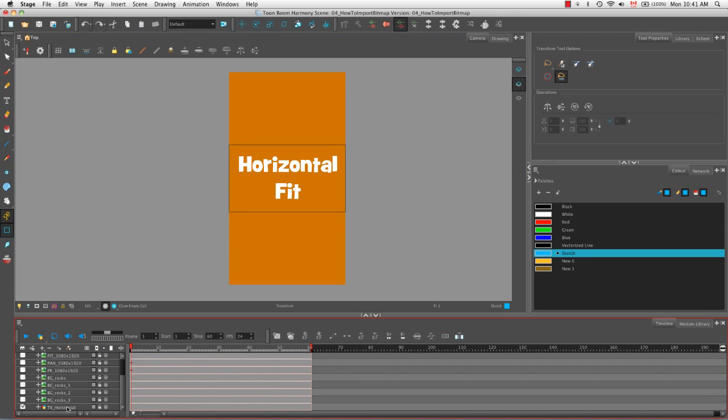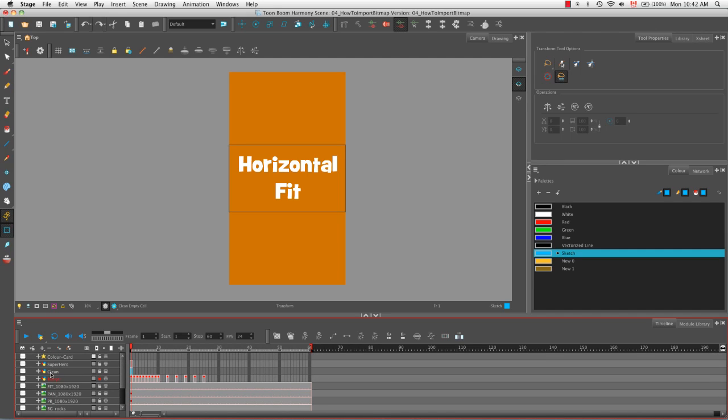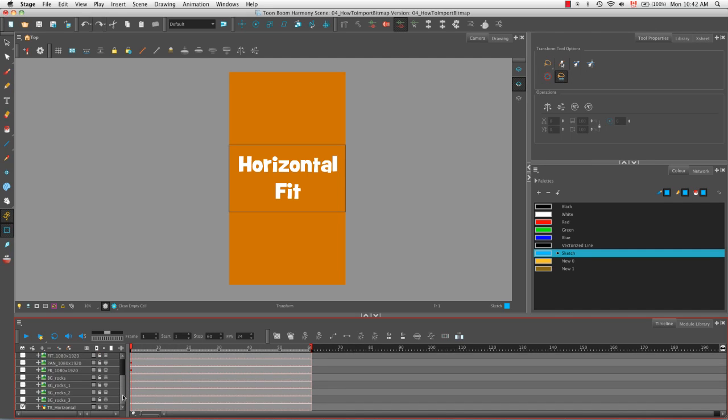Okay, so in the timeline here, we can see that our Toon Boom horizontal image has a different symbol. So we already know that it's a bitmap drawing layer and not just a bitmap layer because the icon is different. So it's actually the exact same as the clean layer here. It's a bitmap drawing in a vector frame, to put it very simply. But what this means in practical purposes is that you can actually use the drawing tools to manipulate this image